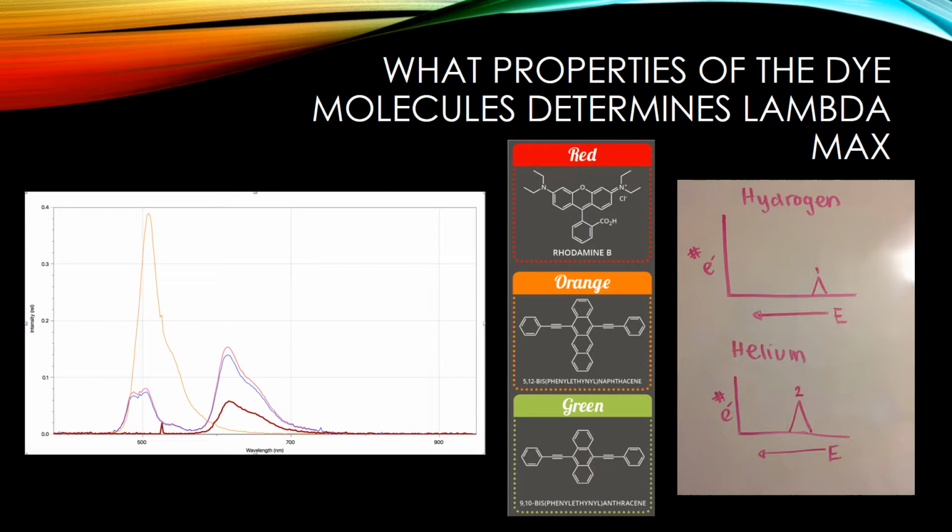The mixed solution has the same lambda max as the red dye because it contains molecular structures from both the green and red dyes. This disproves the hypothesis because it shows that molecular structure determines the lambda max and not the color. If the color were to determine the lambda max, then the mixed solution would have a lambda max at